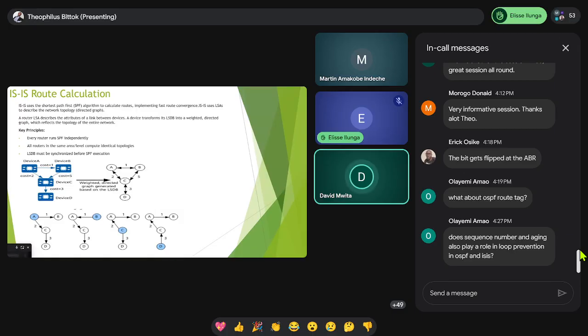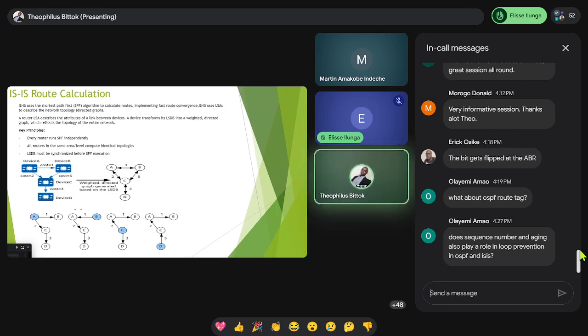Number two, I wanted to answer the question asked about whether it's okay to run an L2-only network. For me, the answer is it depends. I can speak based on where I currently work, a service provider environment, where all our routers are ISIS level 2. So it depends on how your network is structured, or what you want to achieve with the network. That's it.